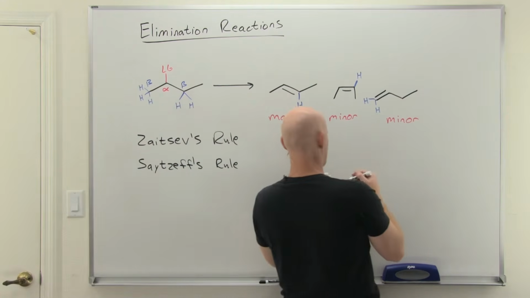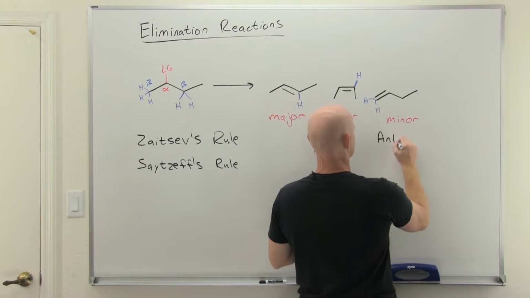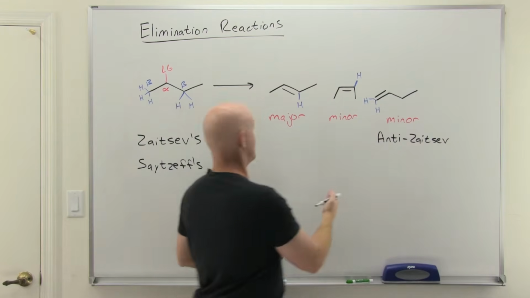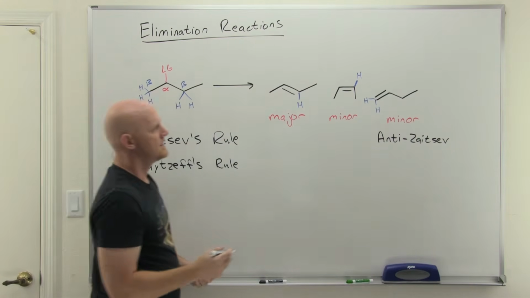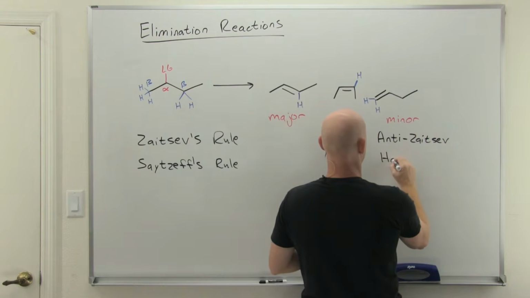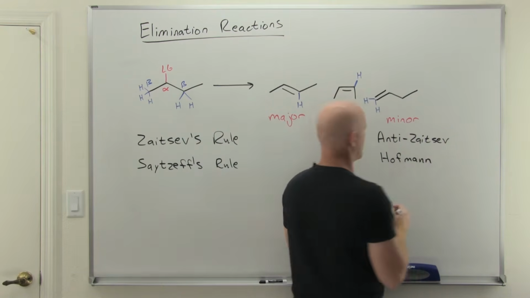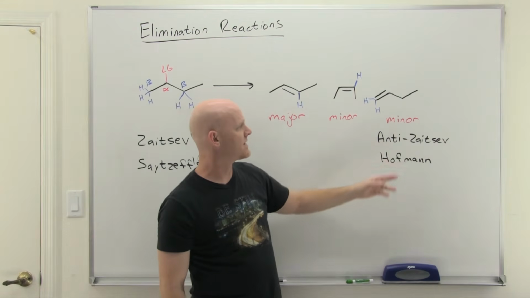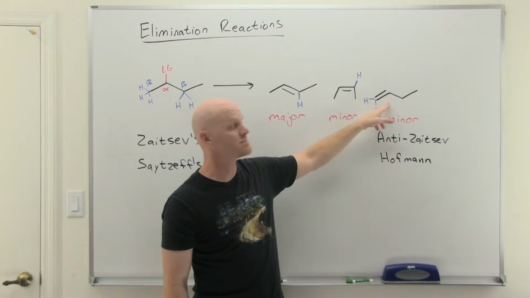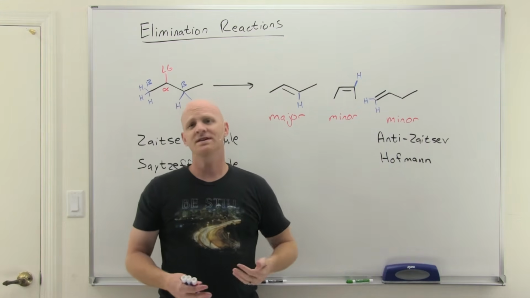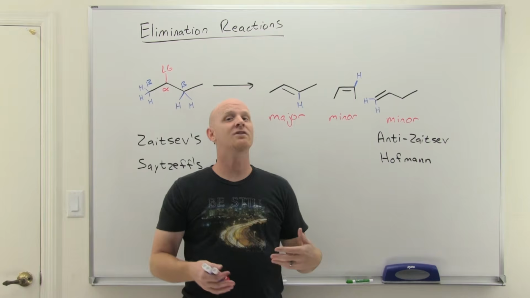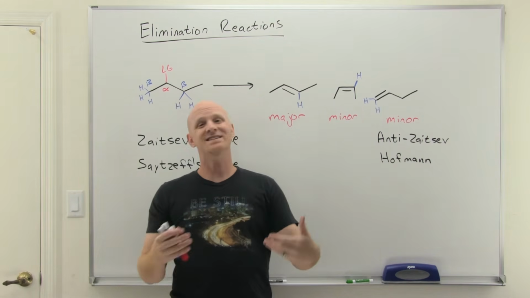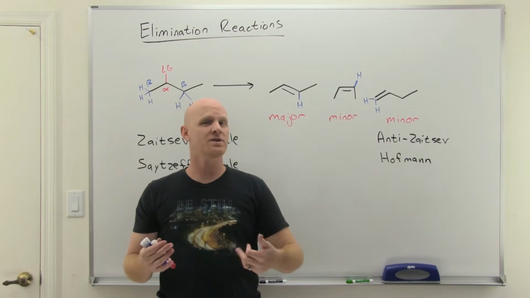It might be referred to by a couple of different names, and one of them is anti-Zaitsev. But often much more commonly, you'll hear it called Hofmann elimination when you form the least substituted alkene. Now, in this case, it's just the minor product. So we might call this the anti-Zaitsev product or the Hofmann product, kind of sort of. But we'll see in certain E2 elimination reactions, we can actually make the Hofmann product the preferred product. But most of the time, Zaitsev's rule is going to allow us to predict the major alkene product